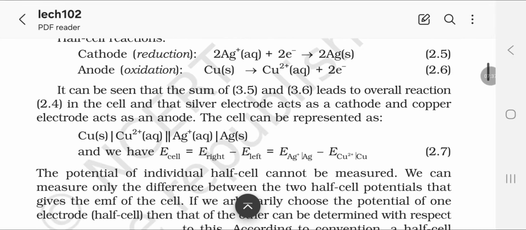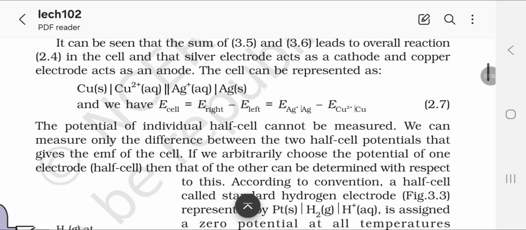It can be seen that the sum of 3.5 and 3.6 leads to overall reaction 2.4 in the cell, and that the silver electrode acts as a cathode and the copper electrode acts as an anode. The cell can be represented as Cu, Cu2 positive aqueous, salt bridge, Ag positive aqueous, Ag solid,